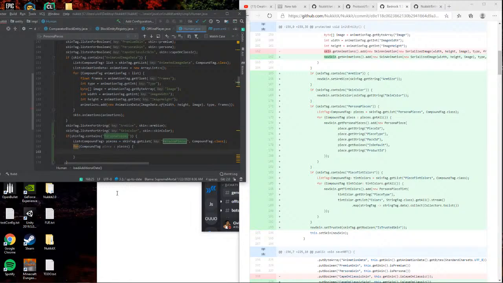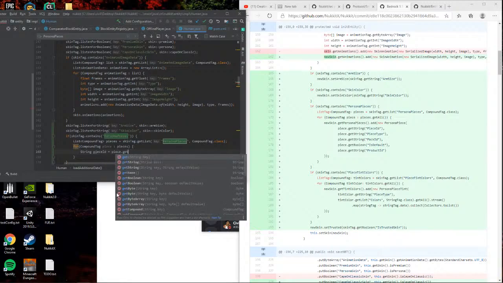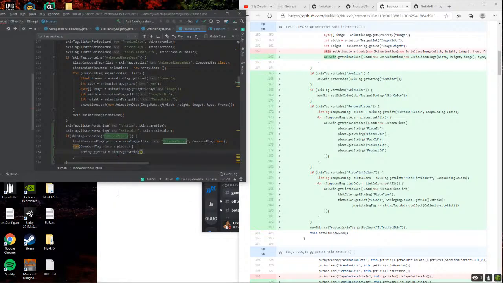So string piece ID is equal to piece dot get string piece ID.